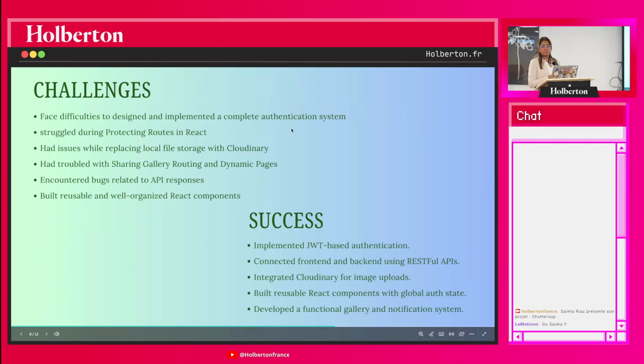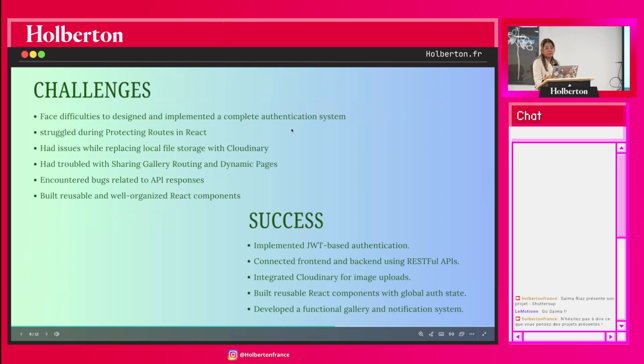Okay, the challenges during this project. There were many, but I will mention a few. For example, the authentication system: organizing the authentication system for this application and sending a verification email was quite hard to build, the whole structure. Then I struggled with the different routes, as this application is a one-page application, so it was a little bit hard to create the routing. Then the issue with Cloudinary, because in the beginning I used local storage,